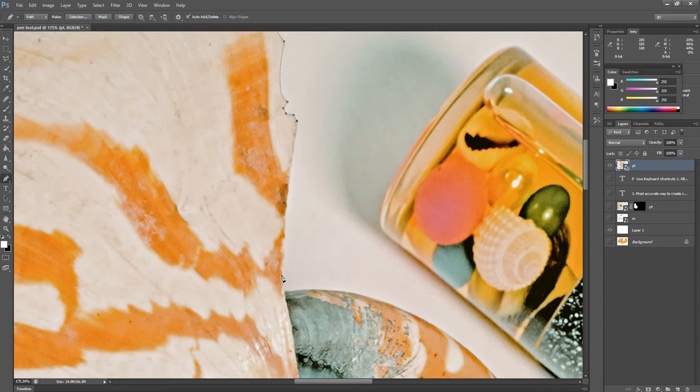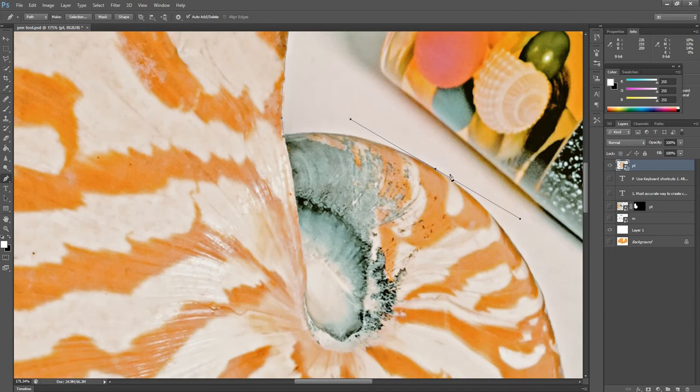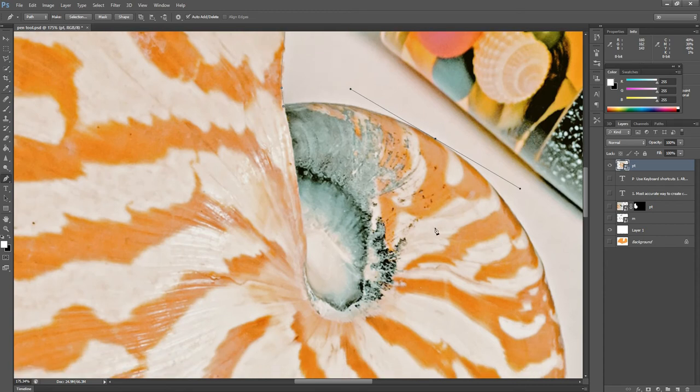So again we'll put the selection here, again put the selection here, again make the selection here like this. Just keep in mind the upcoming direction and previous direction are accurate.